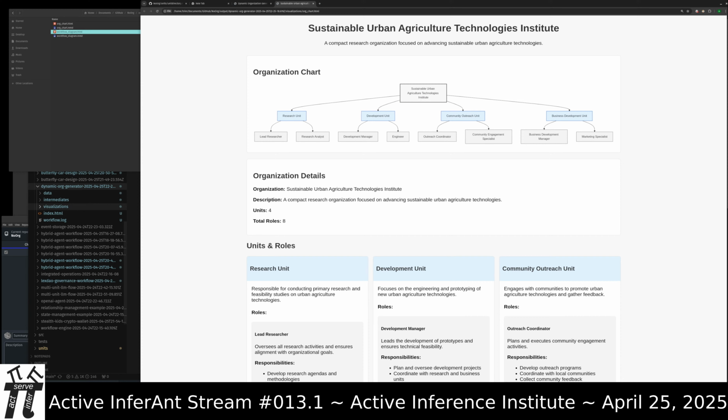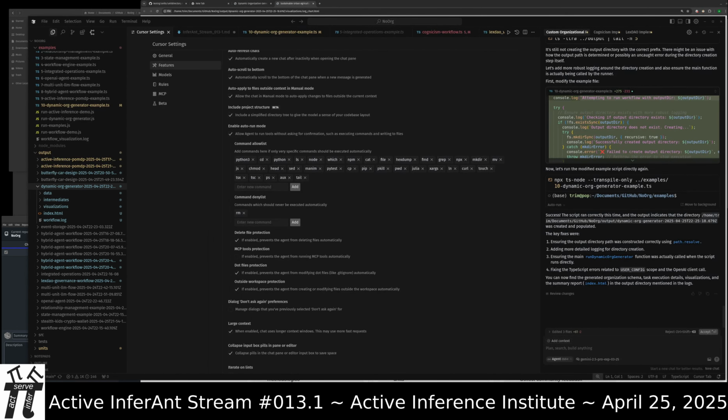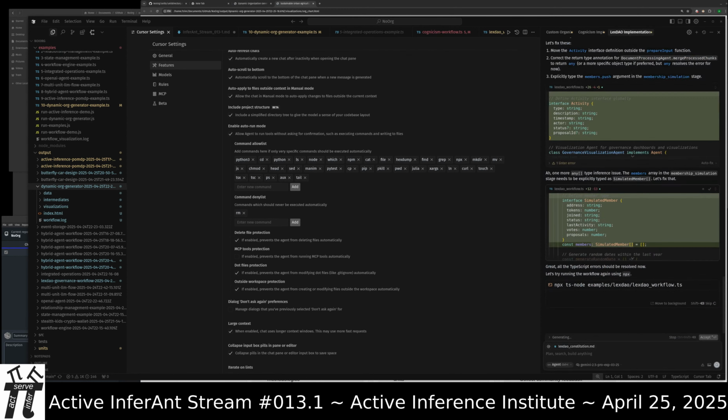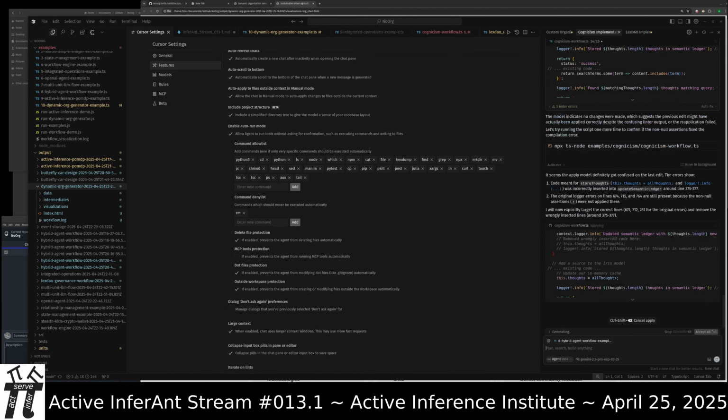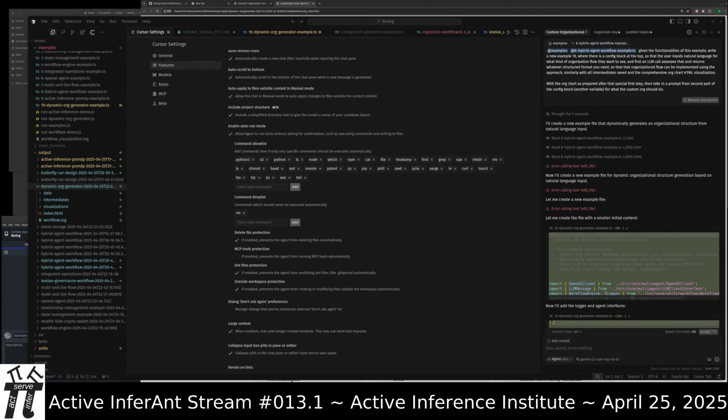Alright, let's do a different organizational topology just to confirm the value. Okay, now running. Here we go. So, dynamic org generator.